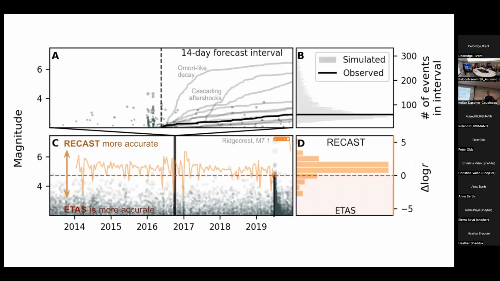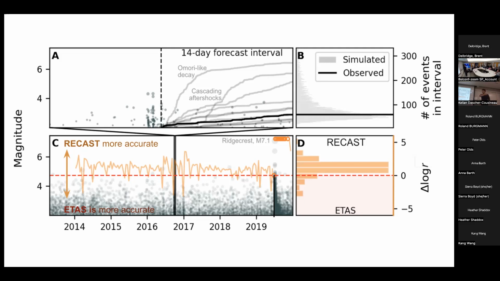So this figure has a lot going on. We saw the top 2 panels already. But we compared this rate of accurate forecast over the entire test period of the Southern California Earthquake Data Center catalog. And this orange curve is tracking the relative performance of the recast model and the ETAS model throughout this period. When the orange curve is above the dashed line, it would suggest better performance from the recast model, and below would suggest that our benchmark model is pretty performant.